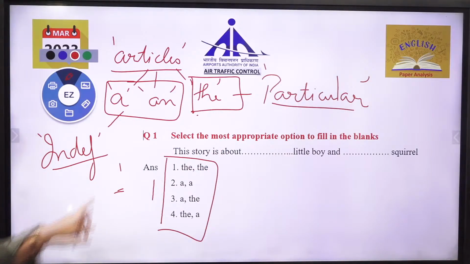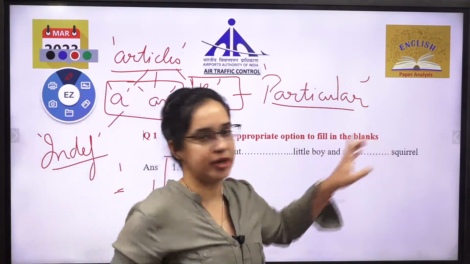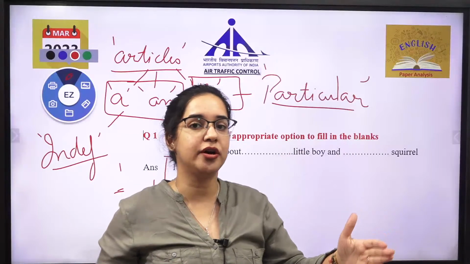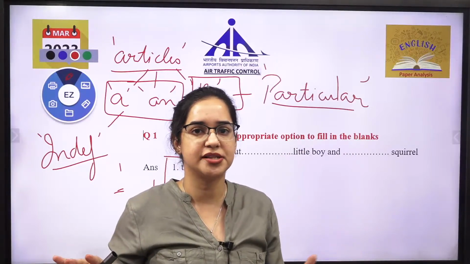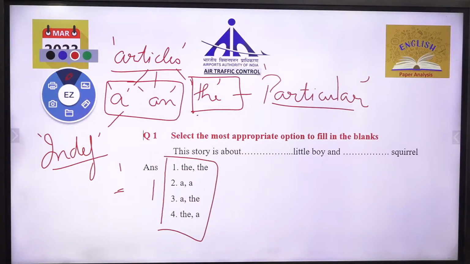Now the question is: this story is about dash little boy and dash squirrel. Is it telling us some kind of surety, or is it telling us some kind of waywardness? We are not sure about this thing. Let me wait for a minute, and everyone drop your answers. Rajnikant is with, Keshri is with 1. D. Okay. Next, Mohammed Hussain is also with D.